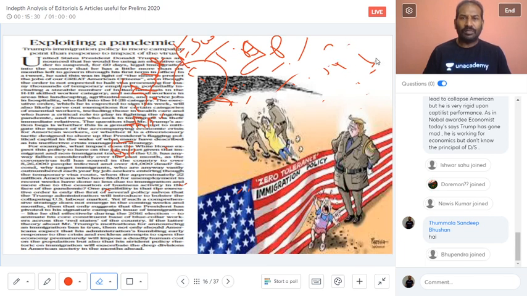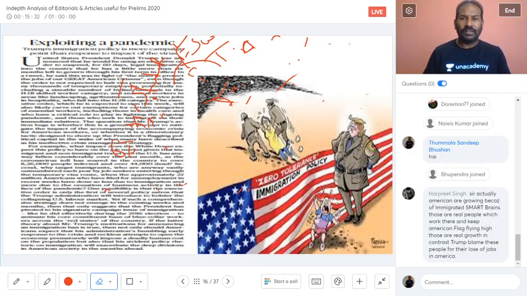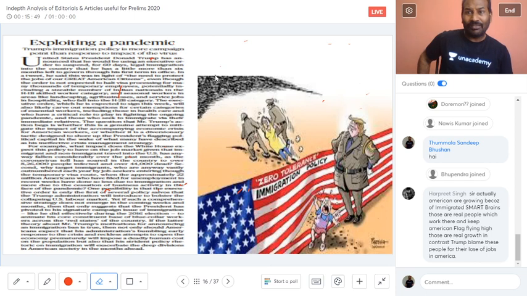So when we are talking about Indian diaspora, definitely it is again a very important topic for the prelims and also from the mains point of view. Look at the way we tried to take advantage of the editorials and then get back to the essence of civil services preparation. Please try to understand the wordings. How did we take advantage of the editorial,